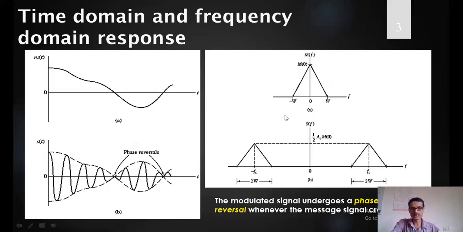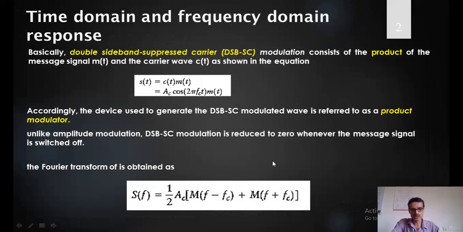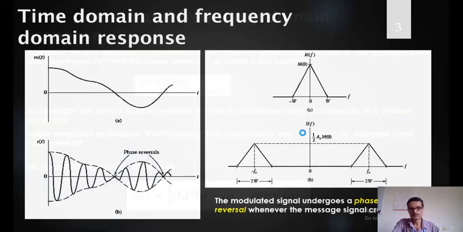Now in the frequency domain, as I told earlier, this is the equation which we have to plot in the frequency domain. Assuming that this is your M(f), a low pass signal with a frequency extending between 0 to W hertz, maybe 20 hertz to 20 kilohertz for the audio band, where the highest frequency is 20 kilohertz. After modulation, what happens? This entire spectrum is shifted by fc. But there is no carrier here, that's why the dotted line is shown.